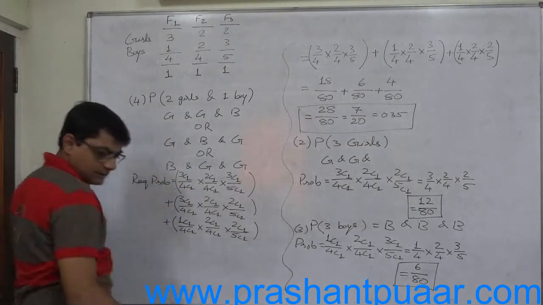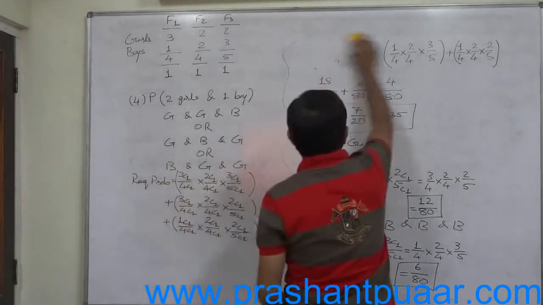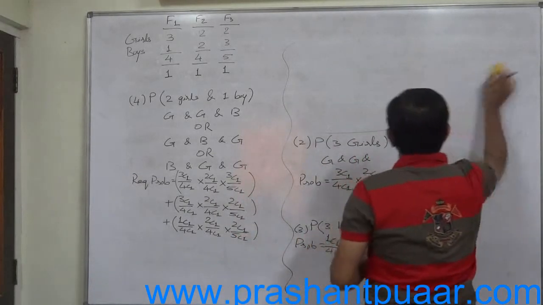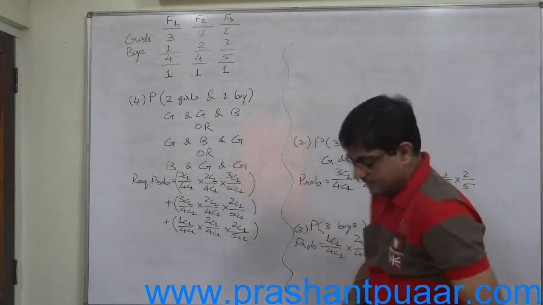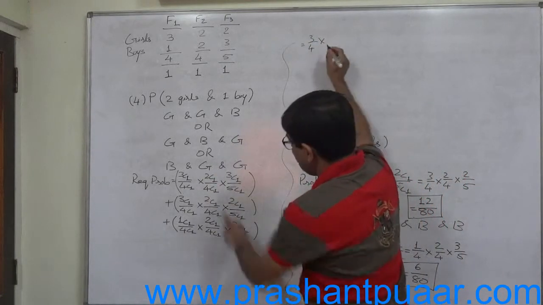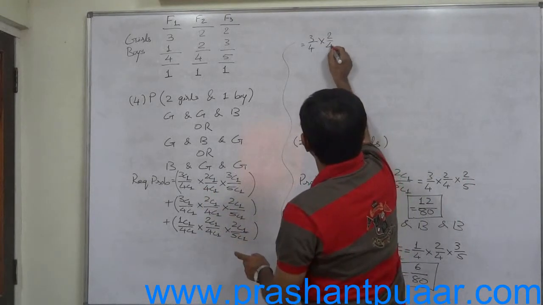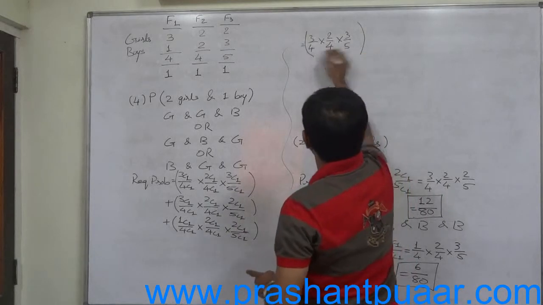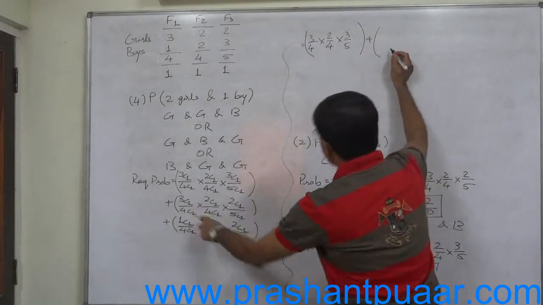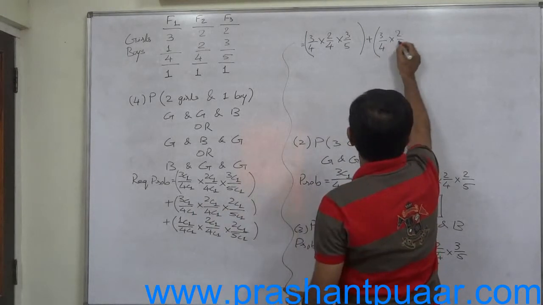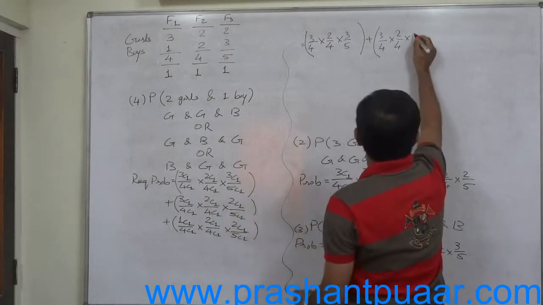It is 3/4 into 2/4 into 3/5 plus 3/4 into 2/4 into 2/5